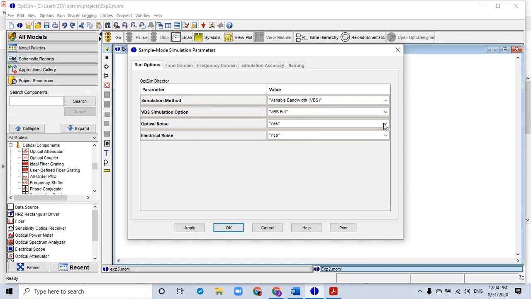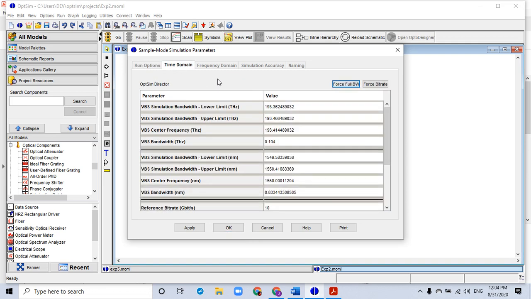Whether we want to consider the optical noise, yes or no. Whether electrical noise is to be considered or not, yes or no. Depending upon the environment that we want, accordingly we can select our options from here. I'll say okay.